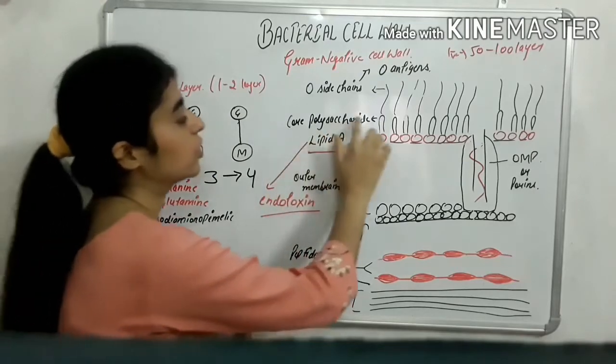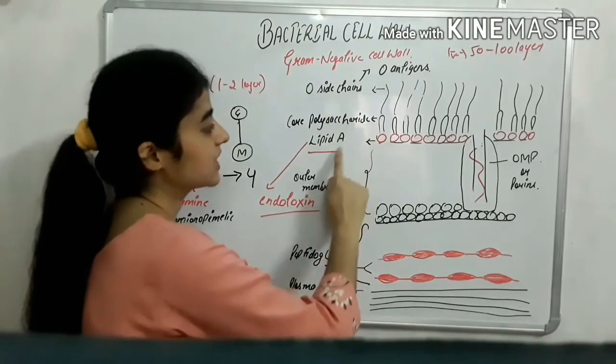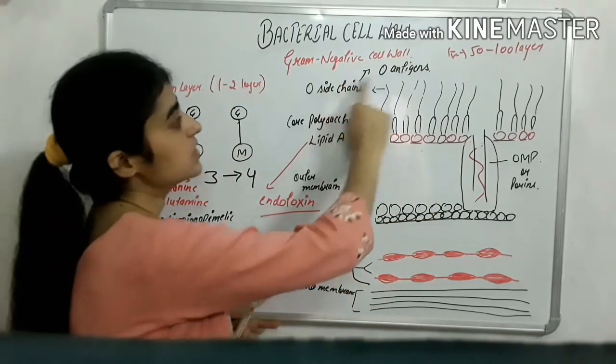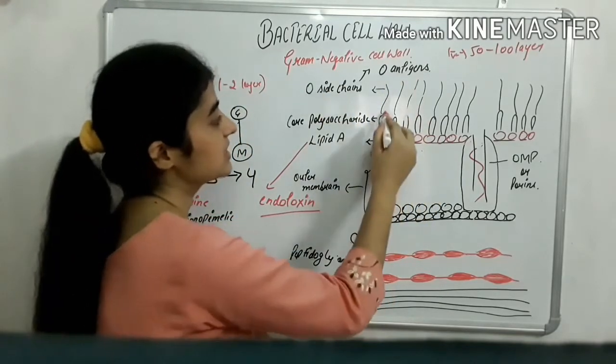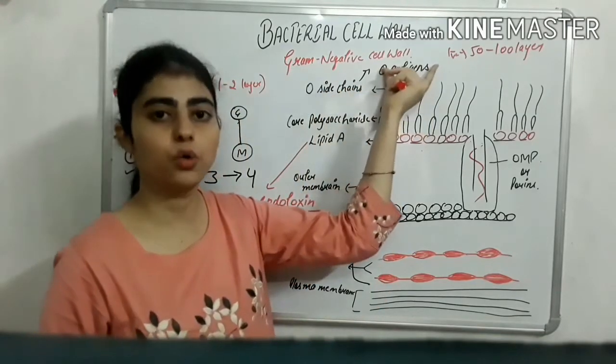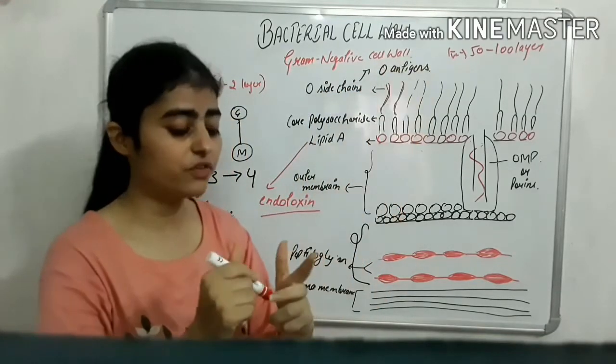Next we have the core polysaccharide. Core polysaccharide is attached to the lipid A, and to it the O side chains are attached. You can see these side chains, these are O side chains. These side chains are also called O antigens. Now what are these O